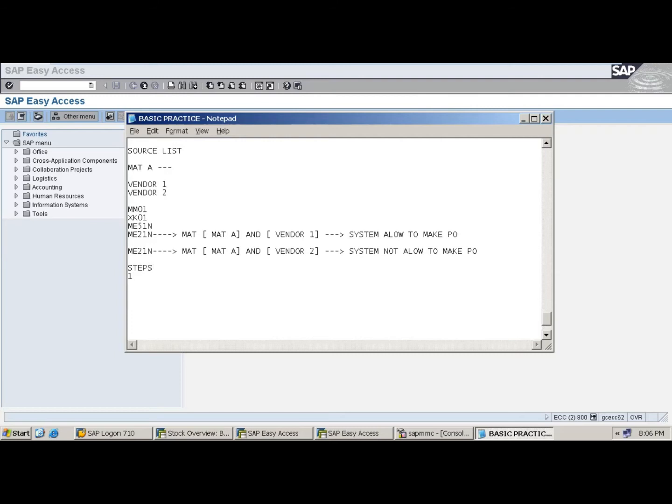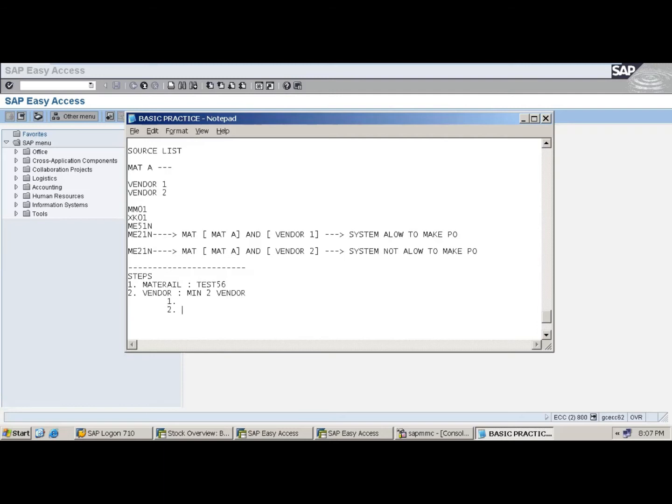Step number 1, I create one material. You can take test 56. Then, just for our understanding, minimum you require 2 vendors. I just want to know how this works. So go for create vendor, minimum 2 vendors, vendor 1 and vendor 2.